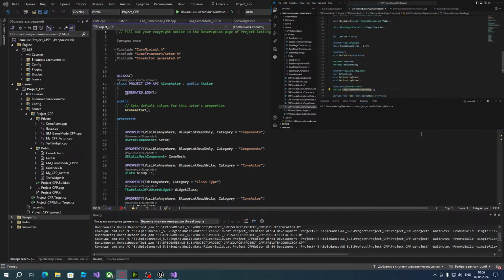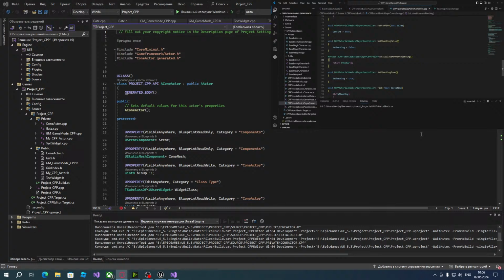Importantly, in a previous video, we made an FRotator for the shooting rotation and an FRotator for the movement rotation, which gets set whenever we input anything to do with shooting or movement. So we're going to be using both of those rotators here today. And we're going to be making an FVector for the movement, which will be equal to our movement rotation dot Vector. That way it just gets converted into a normalized vector. I believe it's normalized anyway. And then we'll do the same thing with our